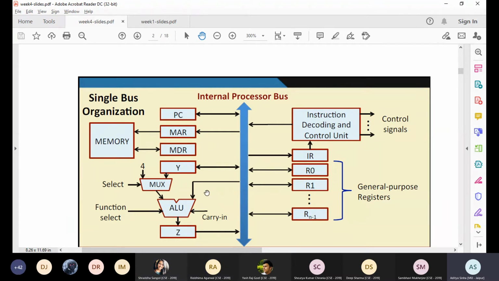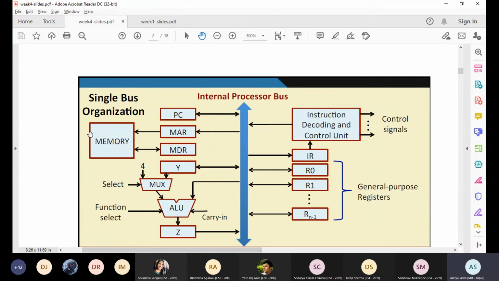Yes sir. Okay. So this is a single bus organization, which we have discussed before also. There should be a line in between. It's not here. There should also be a line between MDR and this blue line, the main bus. Is this bus inside the processor or outside the processor? So inside the processor. Okay. Just to be clear, everyone is clear about this part. It is inside the processor.